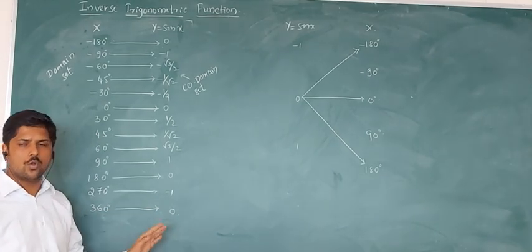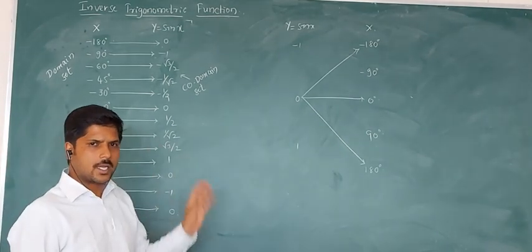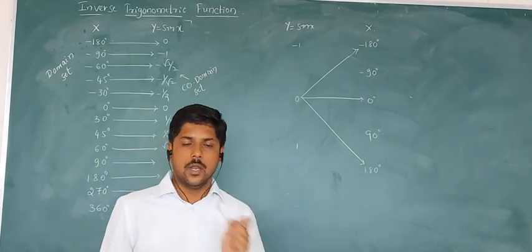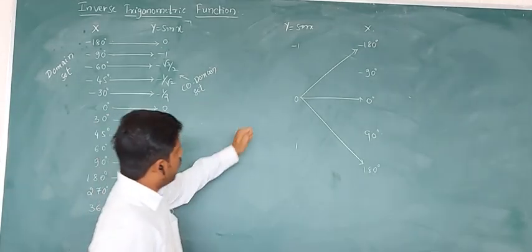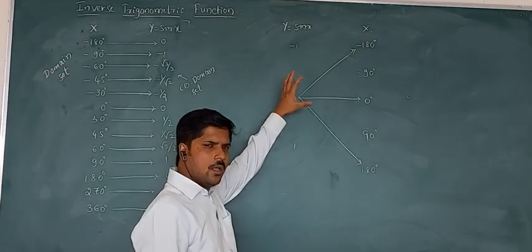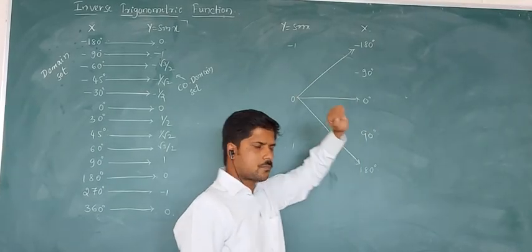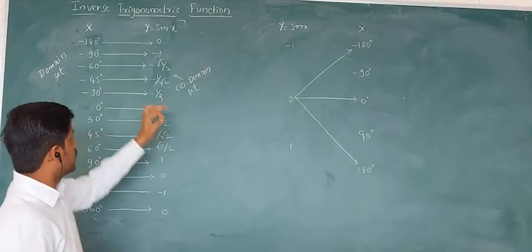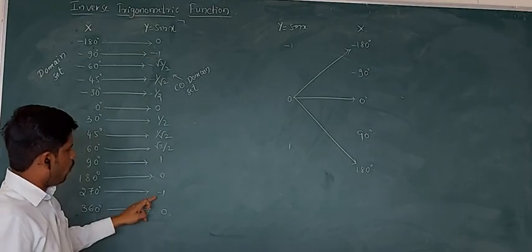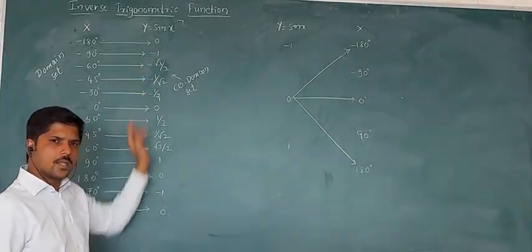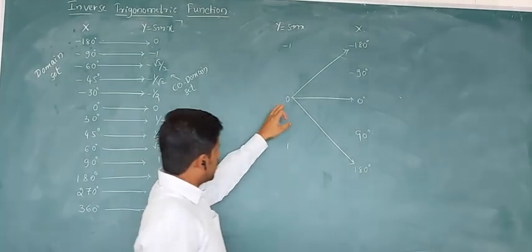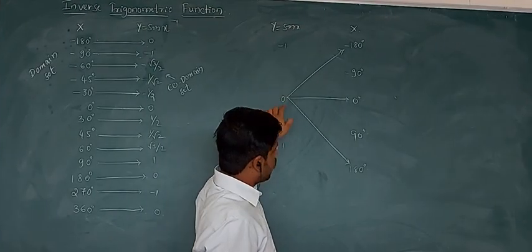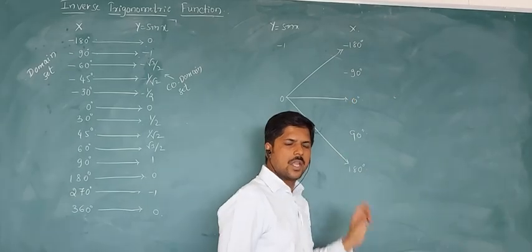When we are going to prove an inverse function, at that time we have to get one-one and onto. For that I will consider the reverse function, for example, reverse y to x. I have taken here minus 1, 0, 1 because the sine range is minus 1 to plus 1. Okay, here see, 0 is related with more than one element in the x set.